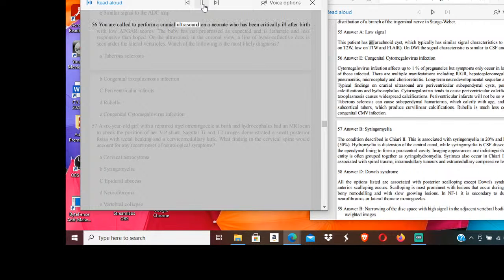56 You are called to perform a cranial ultrasound on a neonate who has been critically ill after birth with low APGAR scores. The baby has not progressed as expected and is lethargic and less responsive than hoped. On the ultrasound in the coronal view, a line of hyperreflective dots is seen under the lateral ventricles. Which of the following is the most likely diagnosis? A tuberous sclerosis. B congenital toxoplasmosis infection. C periventricular infarcts. D rubella. E congenital